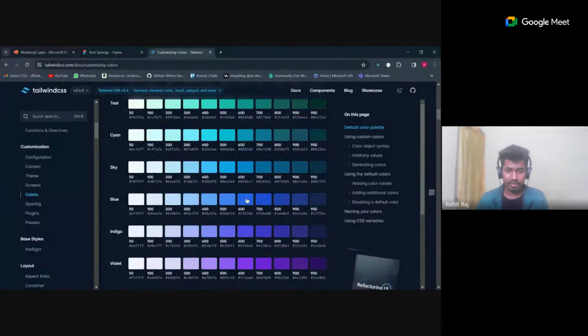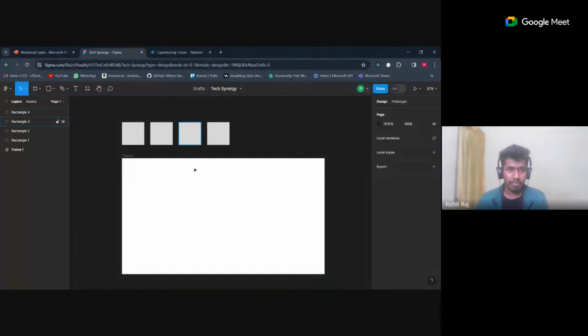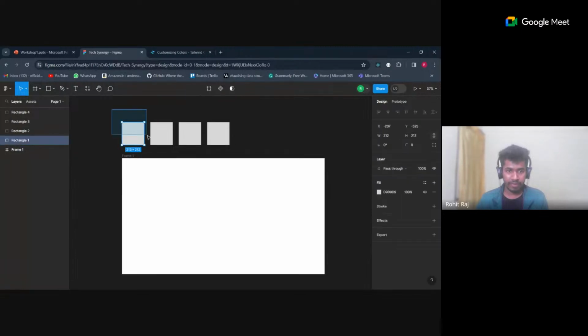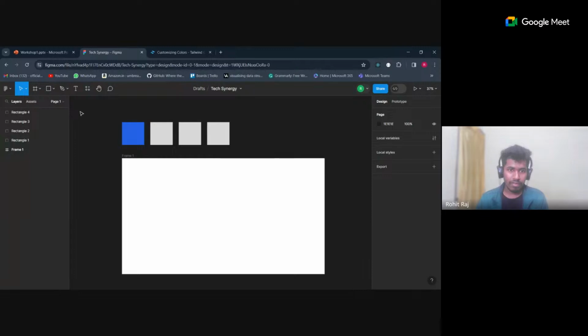let's choose an accent color. So let's go with the blue 600. So I've copied the hex code, and I'll color this specific box with the hex code. All right. So now we have one color, and we know that this is going to be the accent color of this